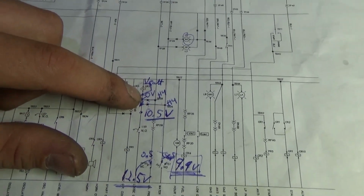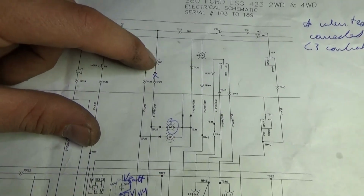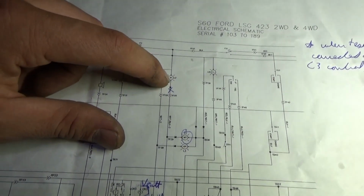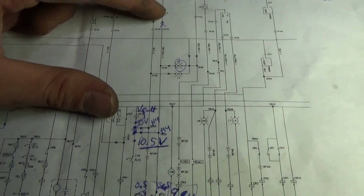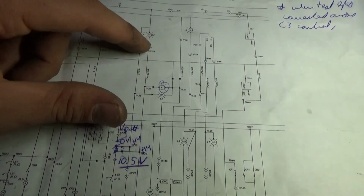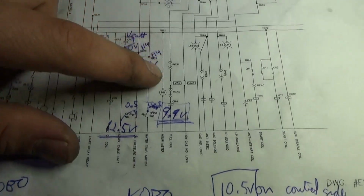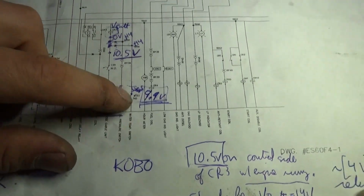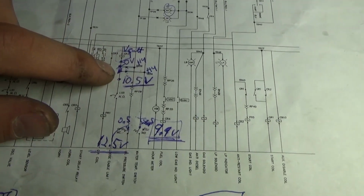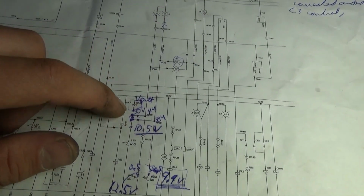Why? The other clue is this water warning light is actually dim when the key is on, and when the truck is running, it's also pretty dim. So we put our heads together and we think that there's a partial ground, not a full ground, somewhere in this leg of the water temp switch circuit. And that's actually keeping this relay energized. Very small current going through this diode, and it's keeping this relay energized,